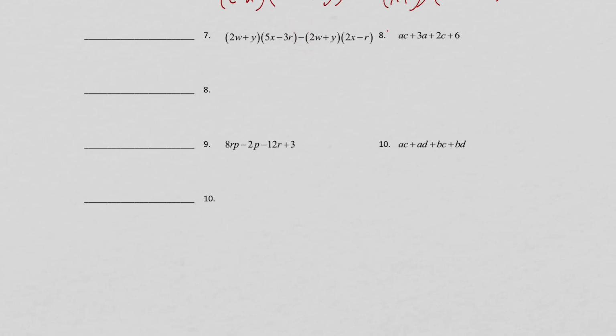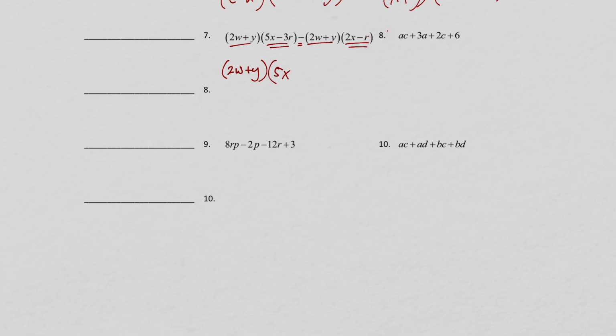Okay, this minus separates this term from this term. The 2w plus y is a common factor, so I'm going to pull that out. And I'm going to have 2w plus y times this minus this. But there are multiple terms here, so this negative is going to distribute through. So what we really have is